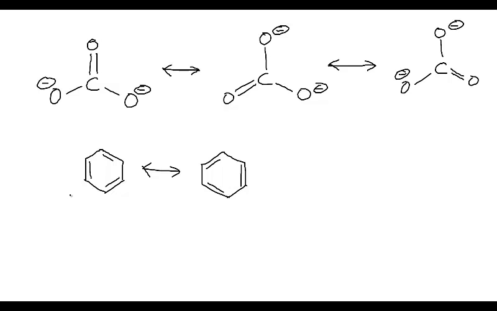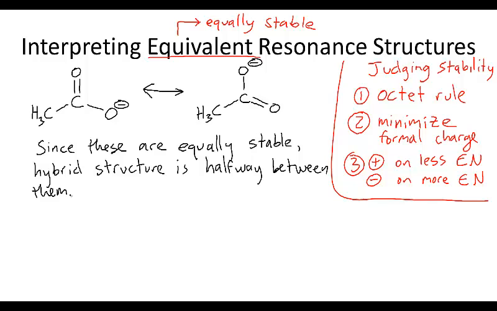With benzene, these two resonance structures are equally stable. So the actual structure is going to be, all the bonds in benzene are going to be completely equivalent. Okay, equal sharing. Where it gets a little trickier is when we have inequivalent resonance structures. So, for example,